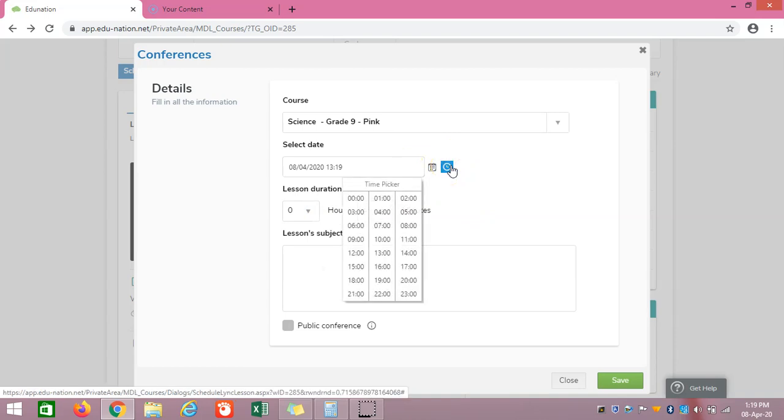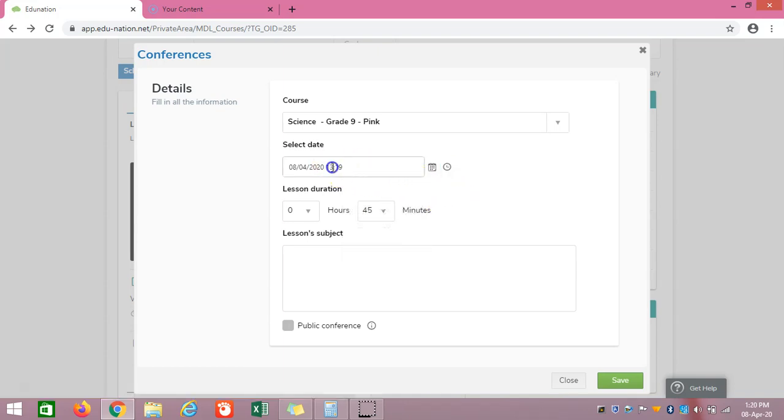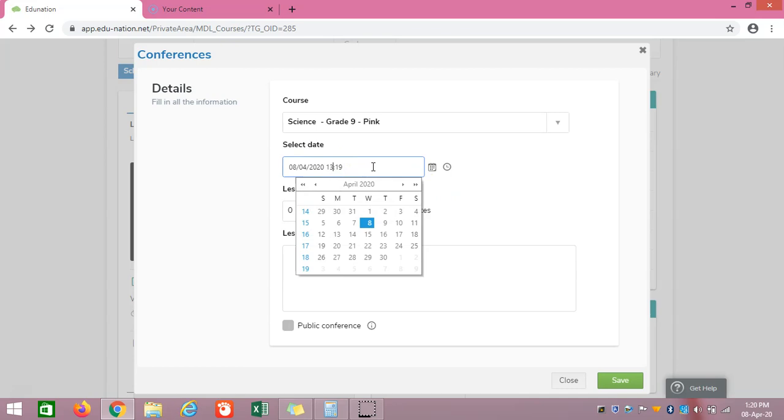I suggest not to use this time picker. It's okay to use it, but the thing is that here we can start only from a particular time, like 10 o'clock, 11 o'clock, 12 o'clock. We cannot add 11:10 or 11:30, 11:25 or something like that. We cannot add that from here. So it's better to type the time over here, like I'm putting 35.